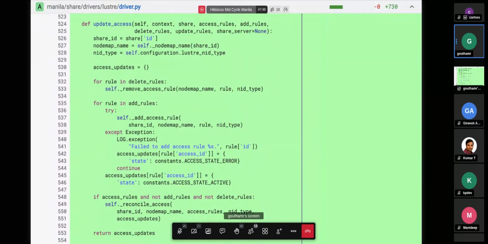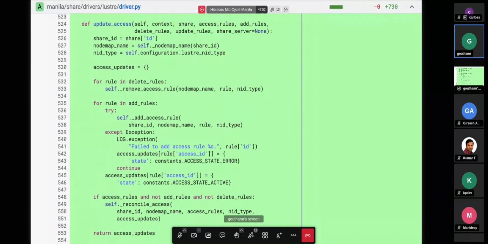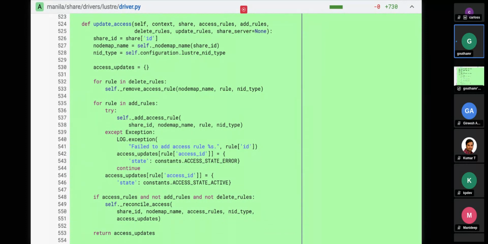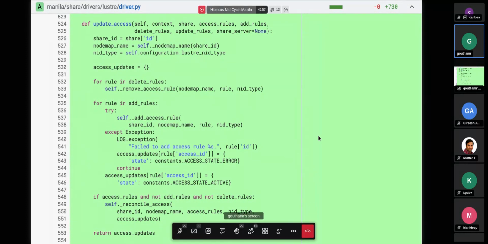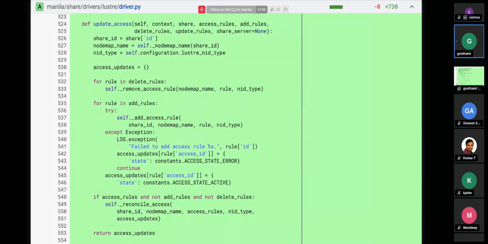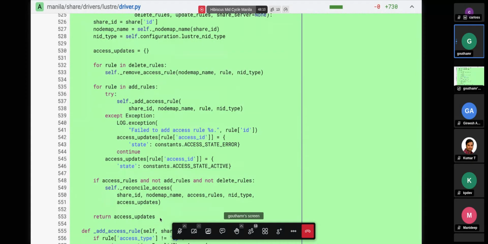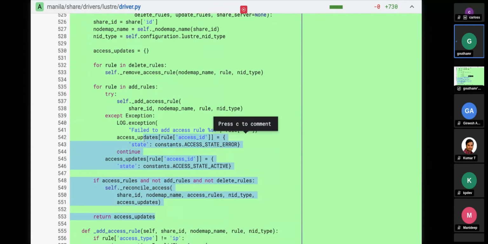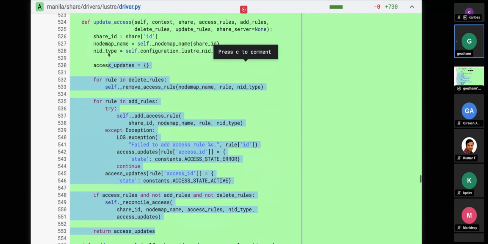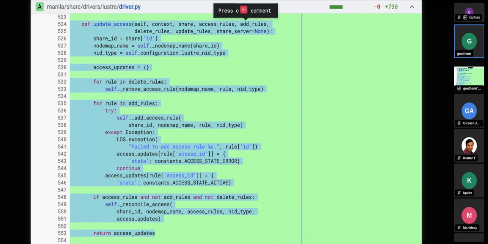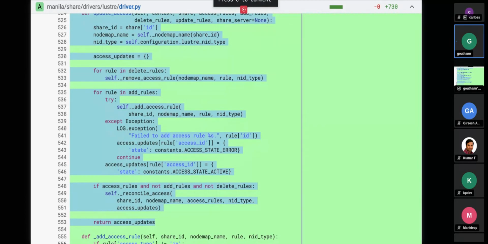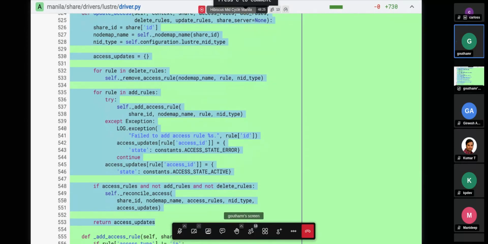So here's where I think there is a little bit of a difference with other file systems. When you have an export policy, in this case, it's called a node map, you can't mix read only and read write rules. This is a limitation that I'm finding through testing. So it feels like I need to change this design from using one node map per share to using exactly two node maps per share,